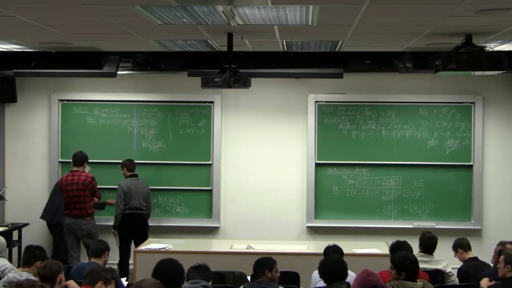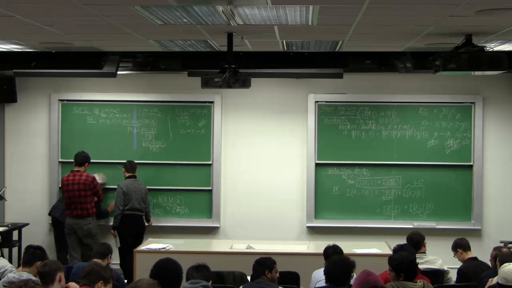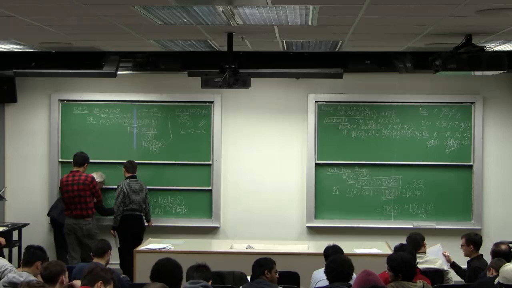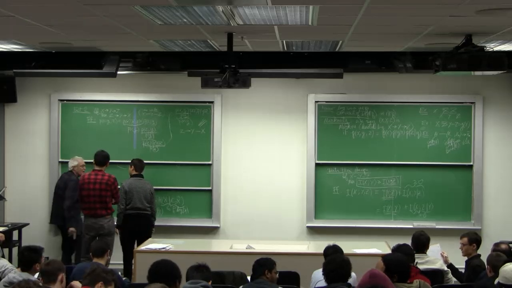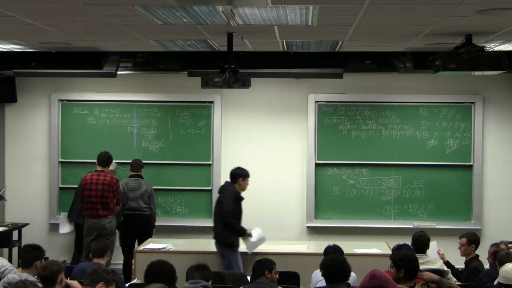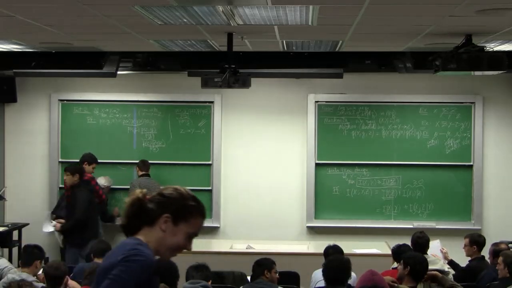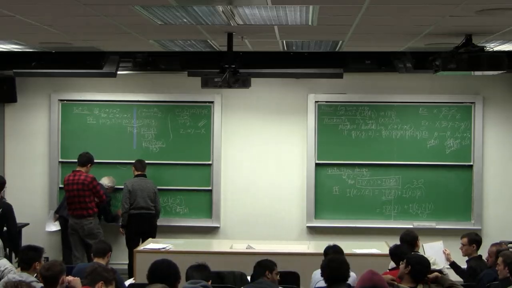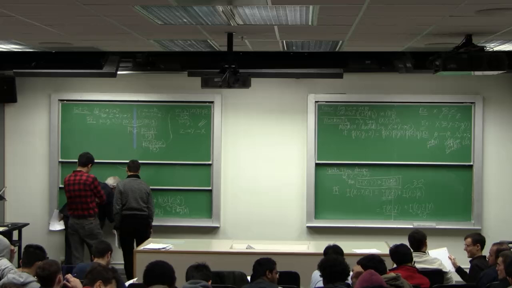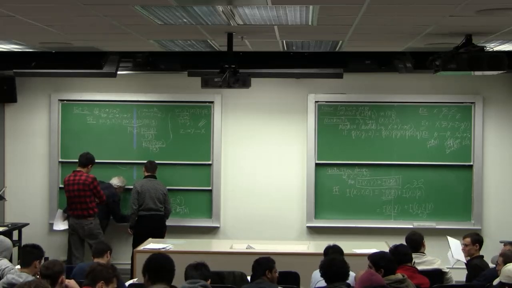Now, H of P should really be written H of P, 1 minus P, because it's a binary random variable, but it really only depends on this. So I write H of P equals minus P log P minus Q log Q, that is, minus (1 minus P) log (1 minus P).